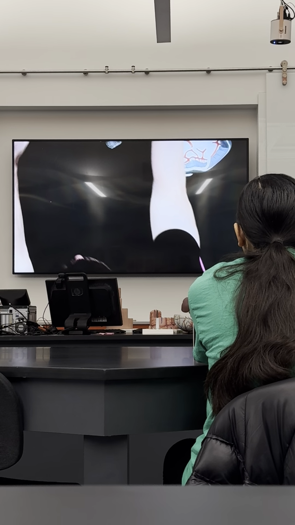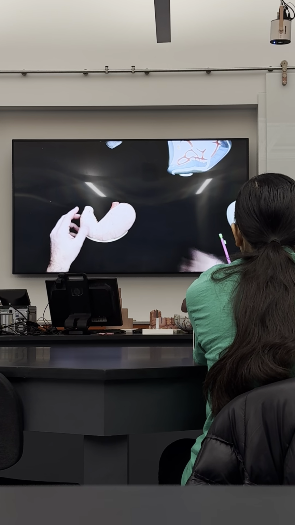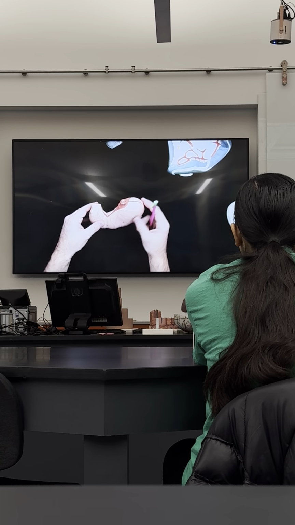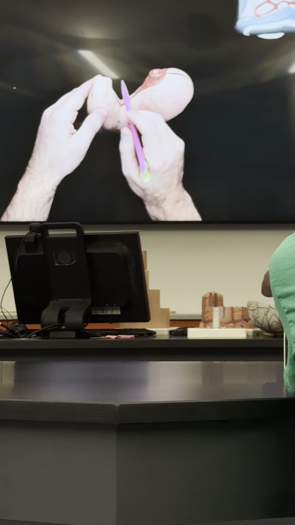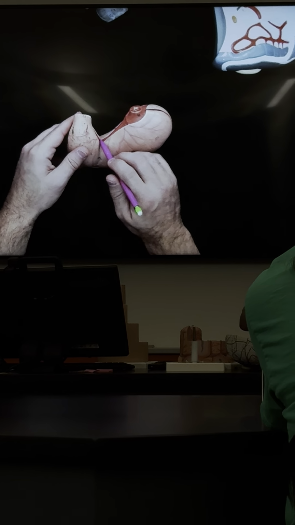Okay, so now we're to stomach. We have 2 stomachs to cover. I'll go over both of them. Okay, so this one, here's your stomach. You have your lesser curvature, where your lesser omentum suspends the stomach from the liver.